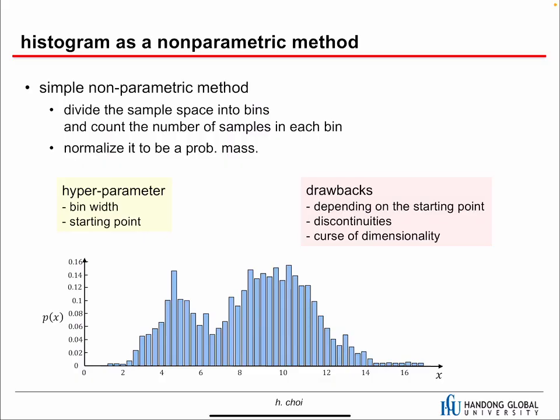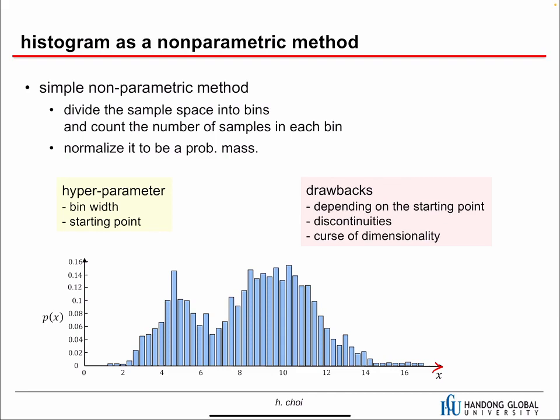Now let's talk about non-parametric methods for density estimation. And histogram is a good example to explain what a non-parametric method is. It is a simple non-parametric method, and it divides the sample space into bins and counts the number of samples in each bin. So let's say in this example, we have a one-dimensional sample space, and we divide this sample